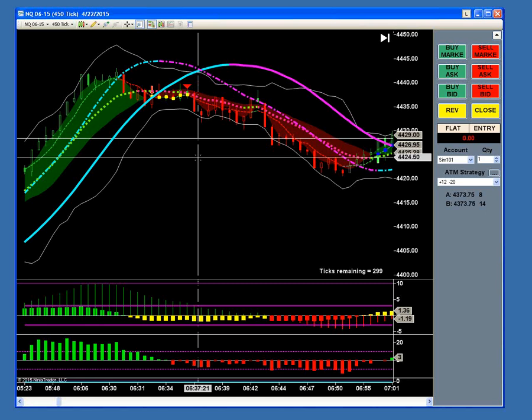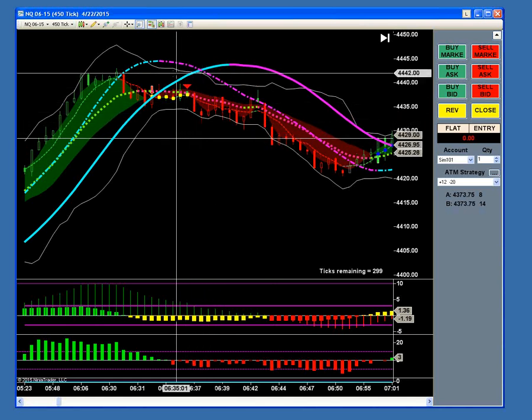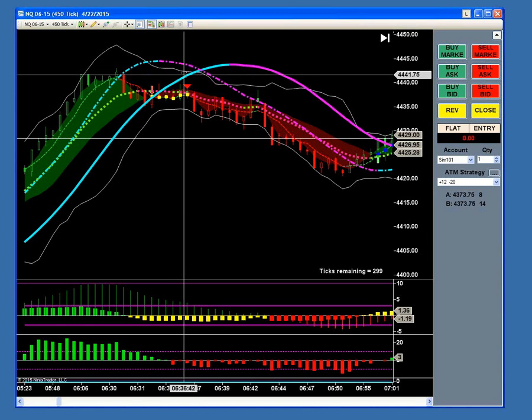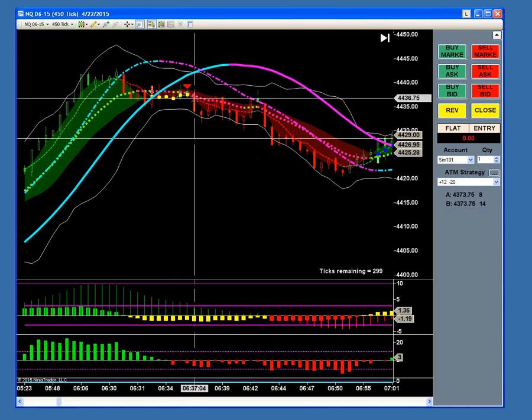So you have to have that robot aspect of yourself to say, Boomerang signal setup, pull back the signal line or pull back to the Cobra, enter. You take your robot arm when you get the right setup. Like, for example, here's one right here. Our rule is that, I'll go over this in great detail today, when these dynamic trend bands are getting ready to cross over, as long as they're within about 1.5 or less tight within each other, you trade the pullback